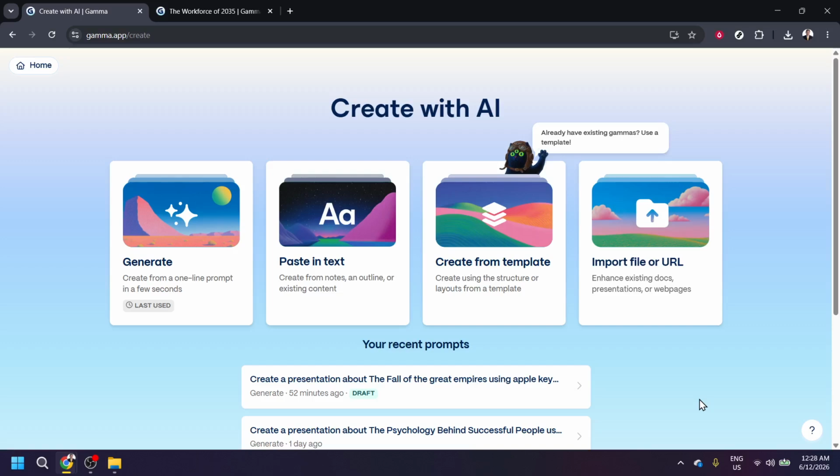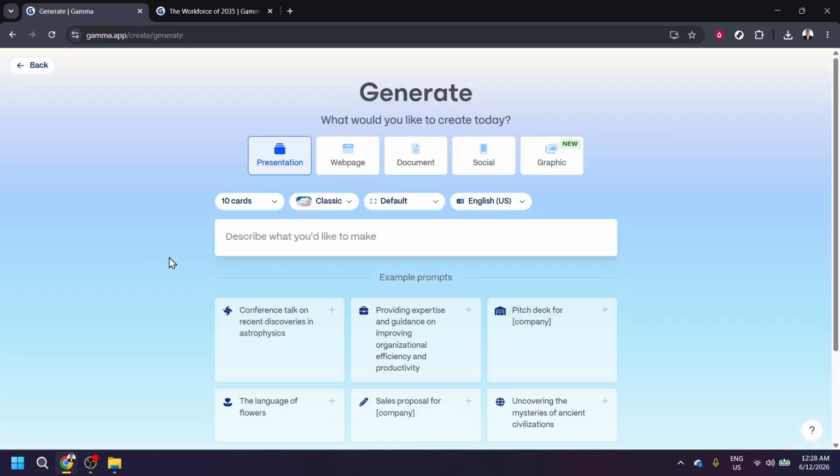First, head over to Gamma and click the Generate button. It is that big button front and center on their homepage. You cannot miss it. This is where the magic begins. Go ahead and click that, and it will open up the prompt window, where we get to tell Gamma exactly